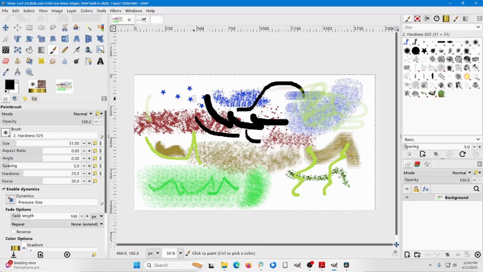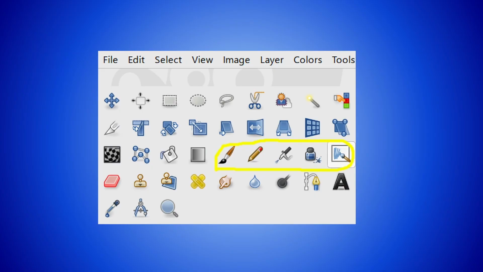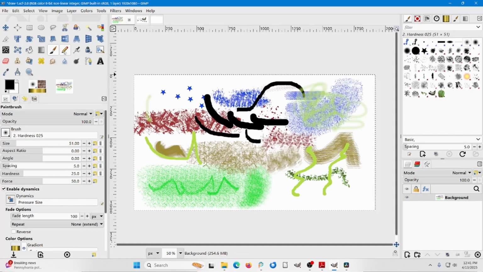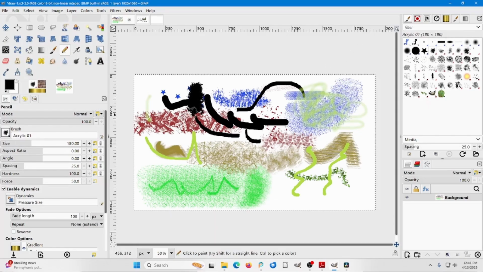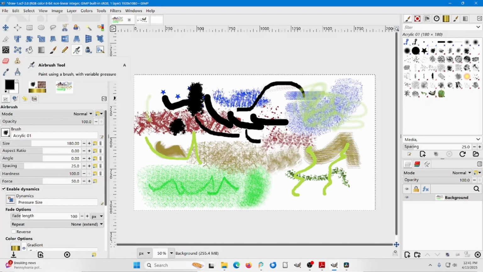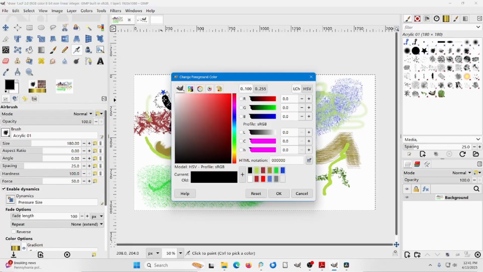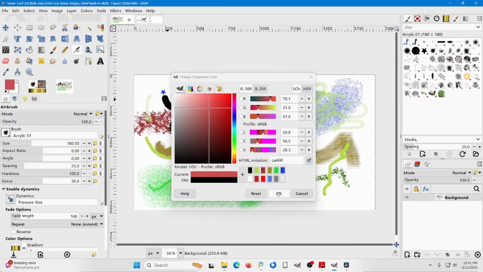After you've done a bunch of scribbling with a lot of the different brushes, try some of the other tools like the pencil tool. The pencil tool will draw with some of the brushes, but with a little bit of different effect. Then there's the airbrush tool. The airbrush tool, together with different colors, foreground,